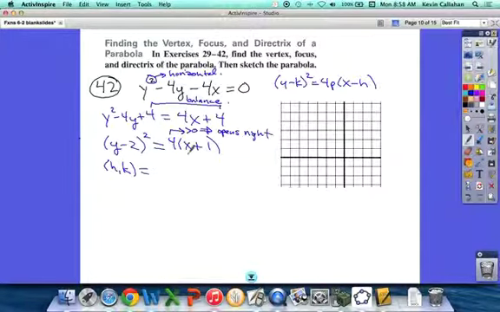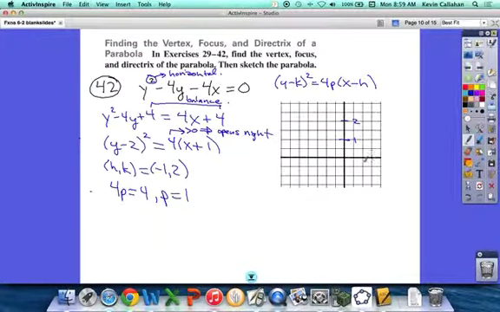Negative 1, positive 2. And what is the p going to be? Right, the p will be 4p is 4, so p is 1 again. So let's see. Probably makes sense to do it like I did the last one. I'll make this like